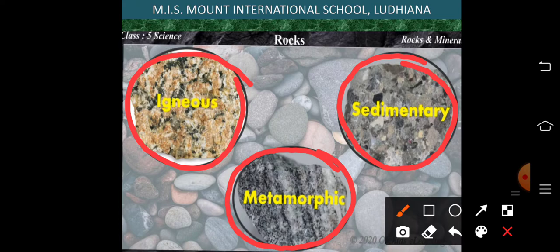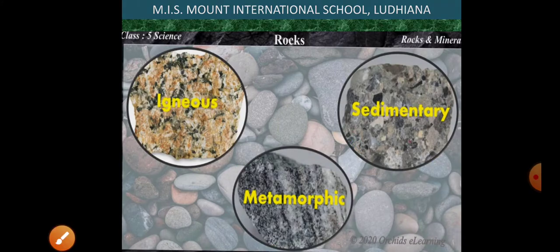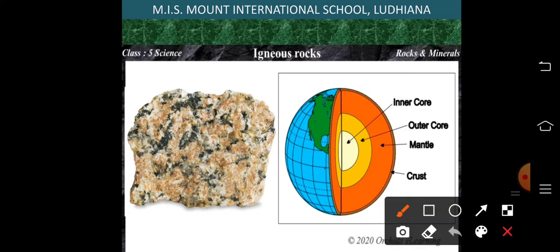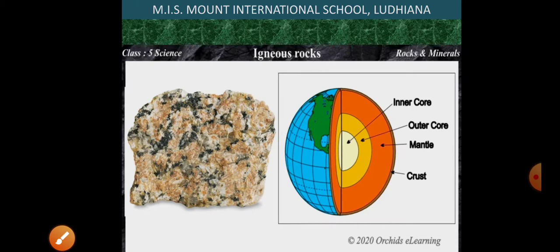Now, to study the type of rock, firstly we have to discuss about the earth, because we get all these rocks from the earth only. So look carefully at this picture. This picture will tell us about the igneous rocks. Now see, the earth can be divided into the three layers, and these layers are crust, mantle and core. Core comprise of two cores. One is inner core and one is outer core. Okay, so these are the three layers of earth.